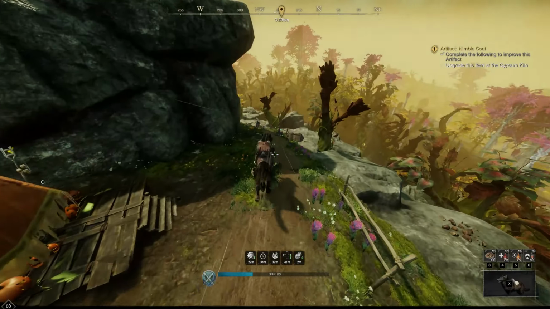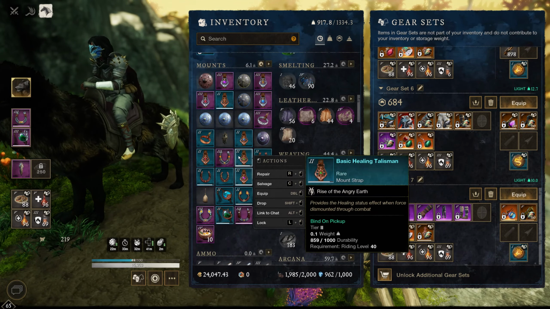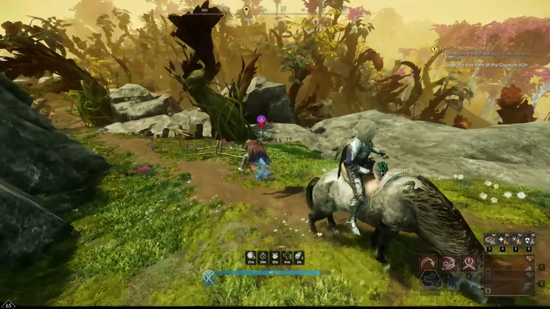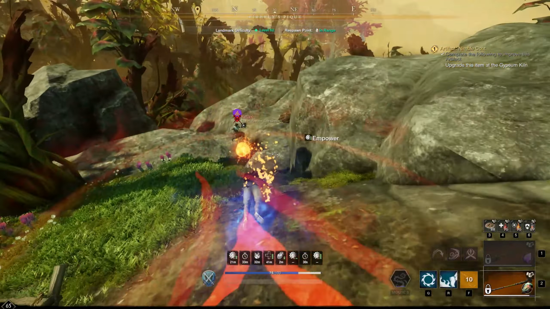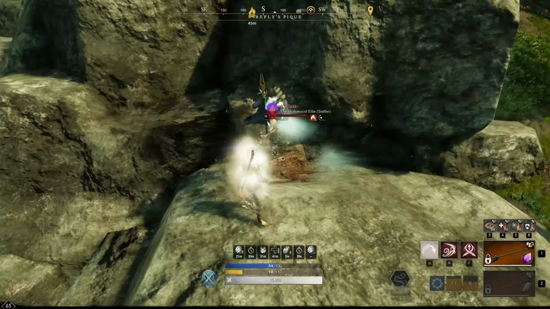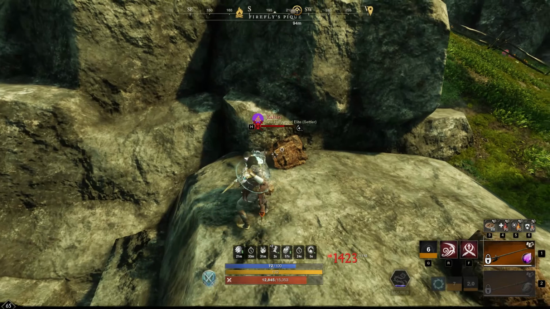So I managed to get pretty lucky and I was able to snag the refreshing Nimble Coat artifact relatively early. I went over the implications of this artifact for my build in the PTR video that I did, but it's even better than I thought it would be. As I mentioned, I had to invest pretty much every one of my gear slots in order to hit that